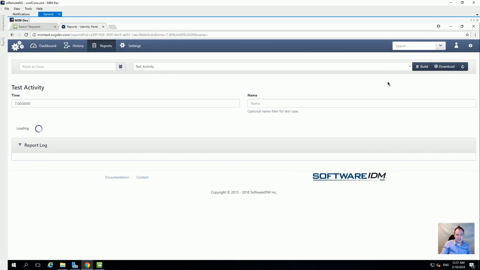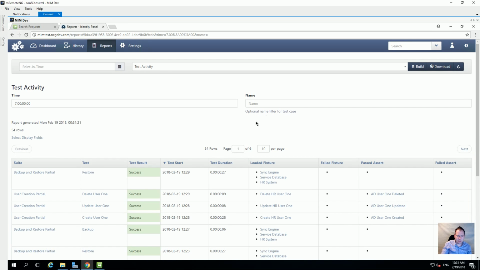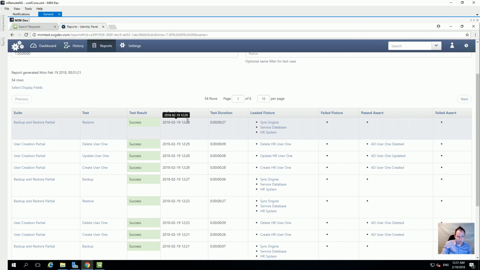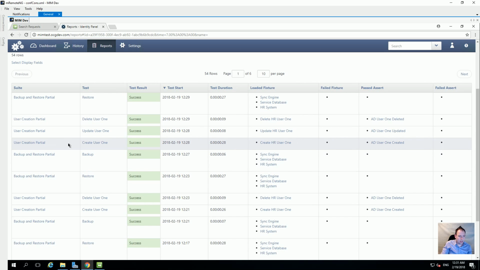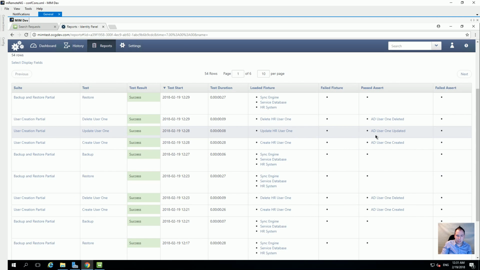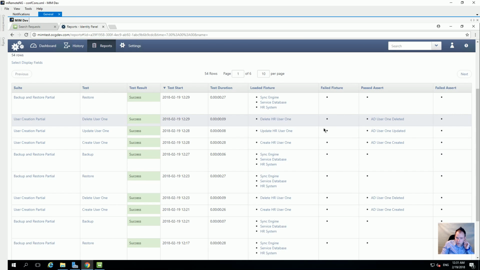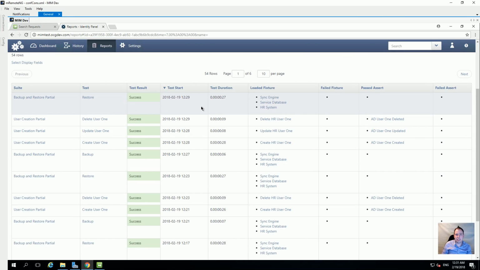And this is going to include all the previous testing I've done. But we can see these ones here that we've run. We've got the backup at 12:27. We've got the create user, which had the fixture, create a user, and the assertion. The update ones here as well, and then the deletion ones, and then confirmation that the database has been restored